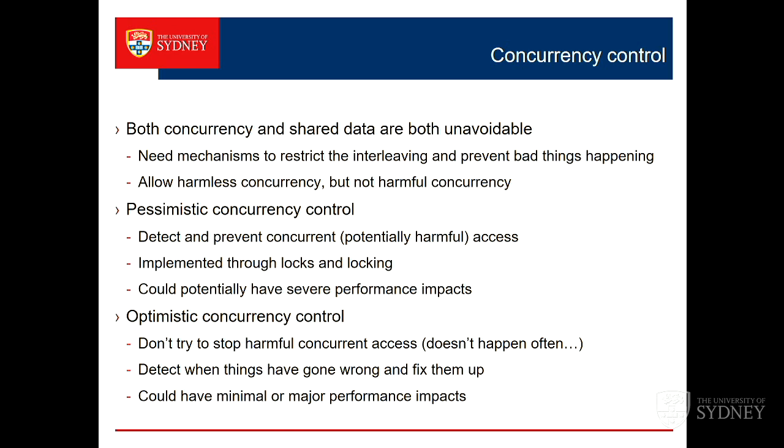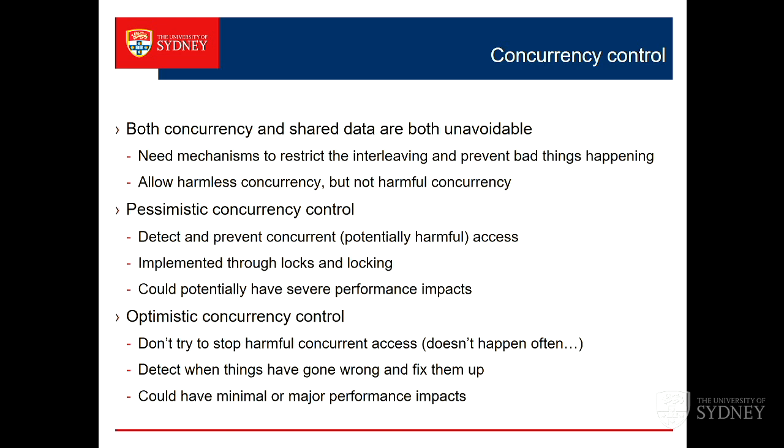We want to allow harmless concurrent access. So if everyone's reading the same thing, we want to allow them all to read it. But when they start updating stuff that other people are reading, or updating stuff that other people are updating, we want to magically just shift the order of execution around so that we get an allowable sequence of alterations to state. There are allowable sets of alterations and unallowable ones. Those ones we saw before are unallowable ones.